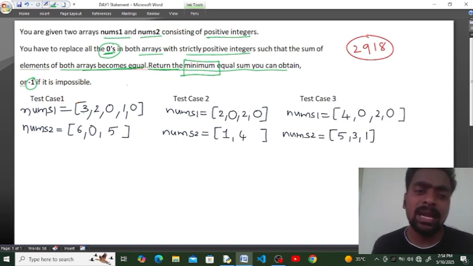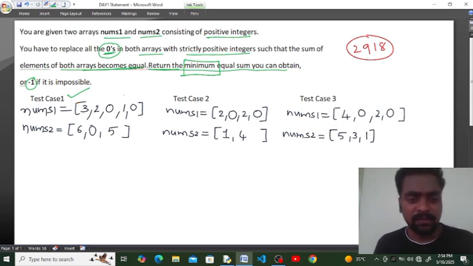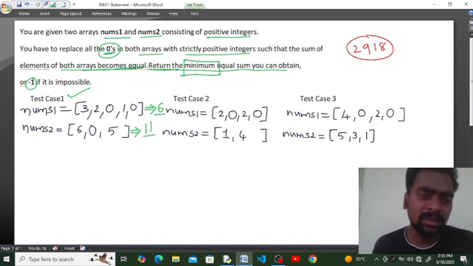To understand this question better, let us see some sample test cases. Let us move on to the first one. In the first test case, first of all, tell me what is the total sum of these elements: 3 plus 2 plus 0 plus 1 plus 0. This sum will be equal to 5 plus 1, so the total sum is 6. Now, what is the sum of the next array, nums2? It is 11. If you observe carefully, these two sums are not equal. As per the question, if zeros are present in the array, you have to replace those zeros with any positive number. So, to match 11 and 6,